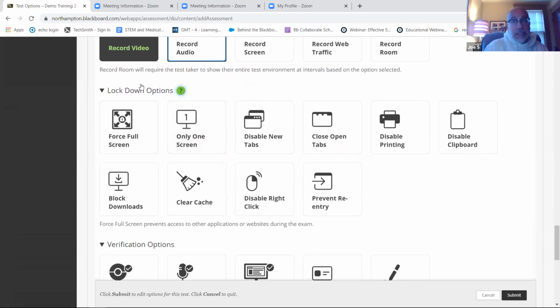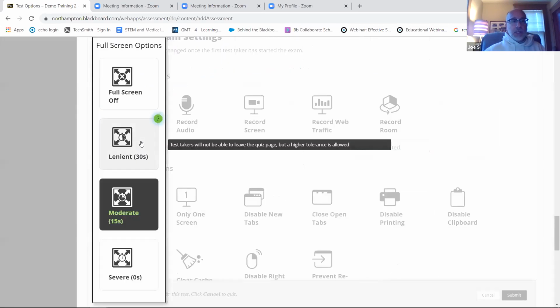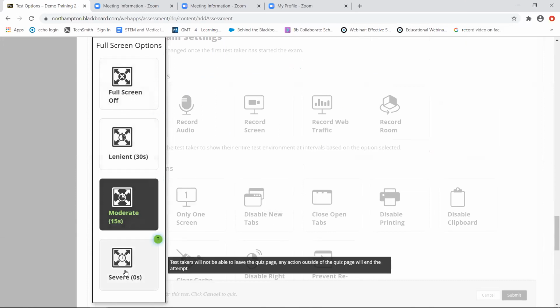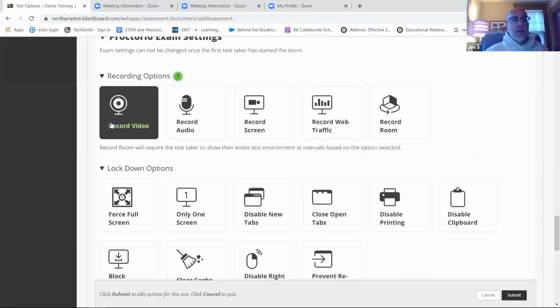Lockdown, that's what Respondus lockdown browser did. It locked down certain things. So Proctorio has those same kind of settings, but again, it's a little bit more selective or deselective. And every time you click on one of these things, it basically is saying you're putting it on. If it's black, it's on. If it's white, it's off. And with this one, you have different levels. Okay? You can be lenient, you can be severe, you can not have it on at all.